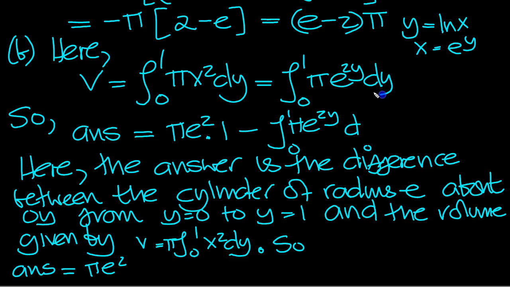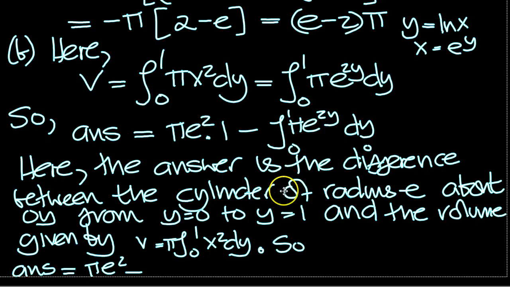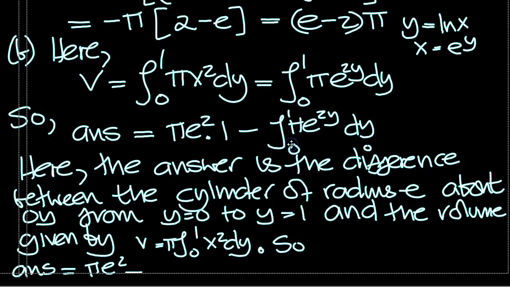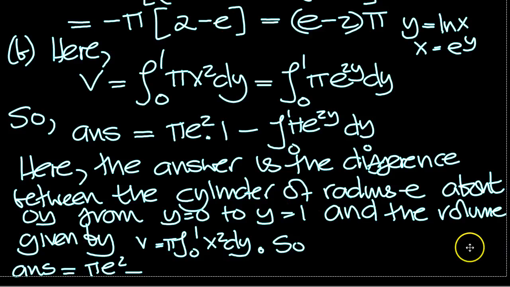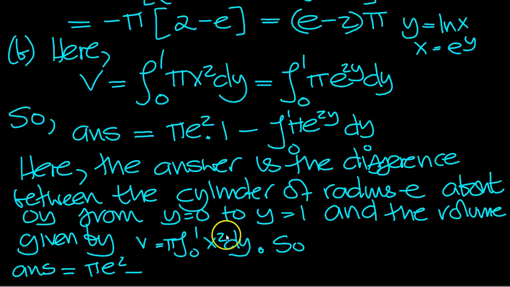Pen, it's dy. Just automatically kicks in there. So e to the 2y dy is minus, I'm going to move this stuff up here a minute. So let's just grab it all. Just move it up slightly. Okay. So pi e squared minus this integral, which is minus pi,